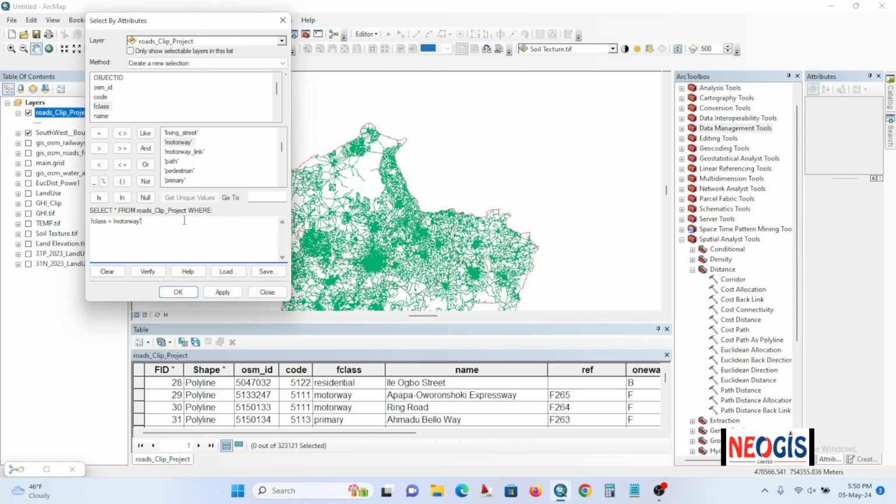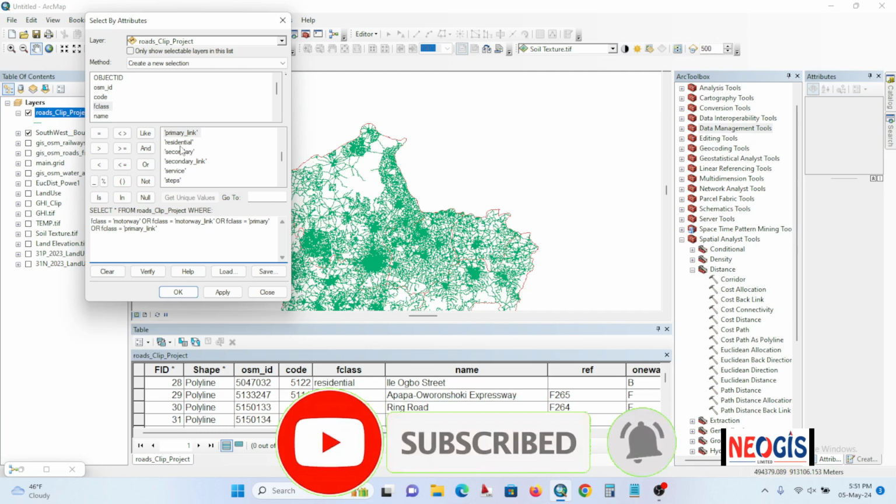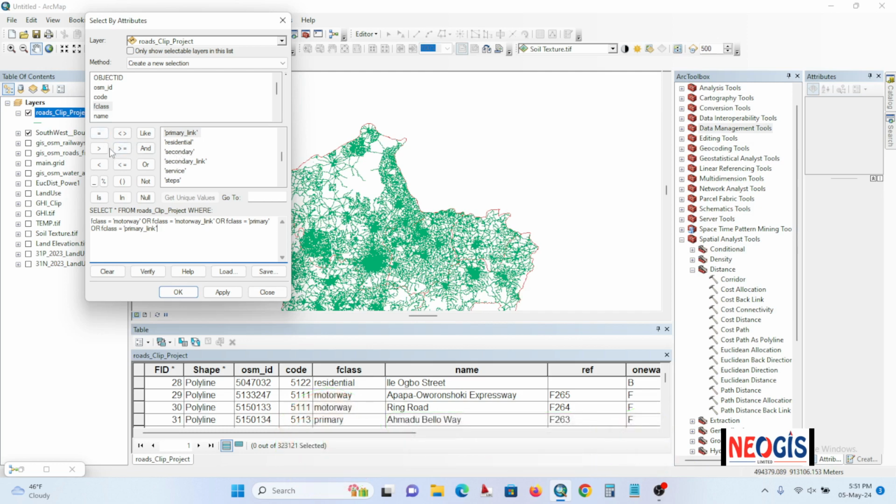So you're going to add multiple selection now. You're going to use the OR syntax. You use OR here. Then you do the same as for the motorway, which is F class equals motorway link. Okay, now we've gotten that in view. Then you add more ORs, because they are multiple, we are bringing them as a single selection. So the next one is the feature class equals primary, then OR again the feature class equals primary link. Then we leave aside residential, and look at secondary the same way,